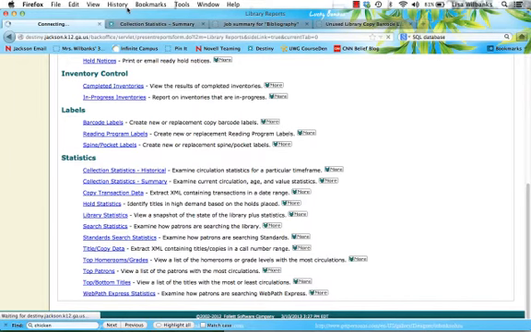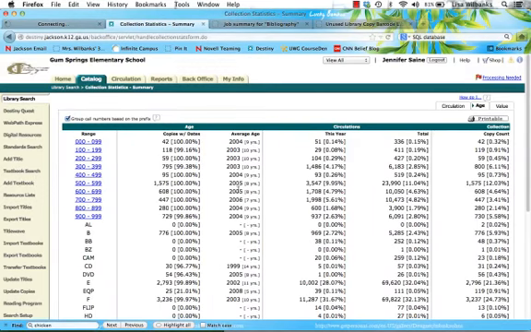This page can take a few moments to load, so I've already opened it in another tab. When you get to the page, you will see this page here. Make sure you have clicked on the Age tab at the top of the page. Here you will see materials grouped by call numbers,